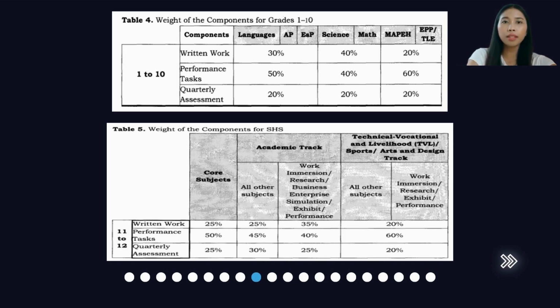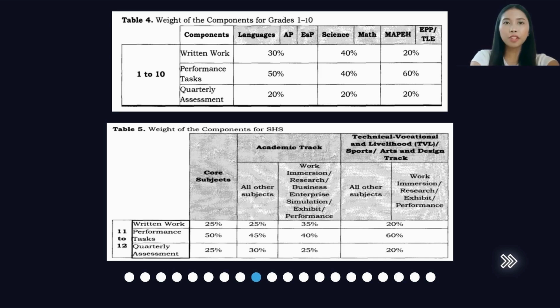There's also DepEd's policy on failure and remediation. For students who fail to meet the minimum passing grade of 75%, DepEd requires remedial classes. So remediation is intended to help students who have failed to meet the required competencies. The remediation period happens at the end of the school year or after each quarter, where students are given additional lessons or tasks to improve their grades. So, in a reassessment, students who undergo remediation may be reassessed to determine if they have mastered the necessary competency.